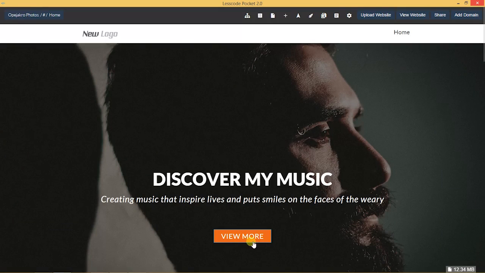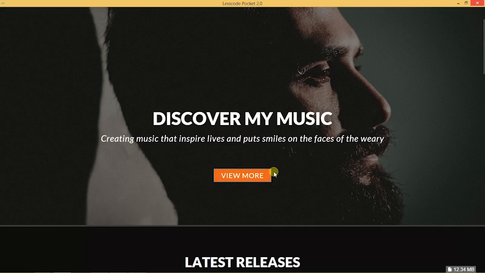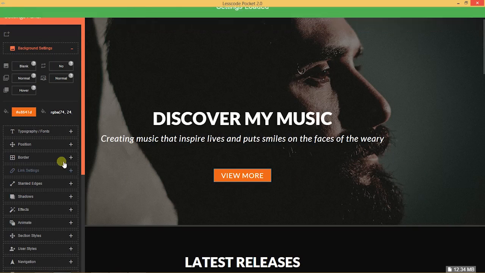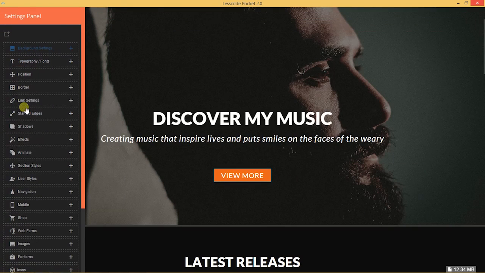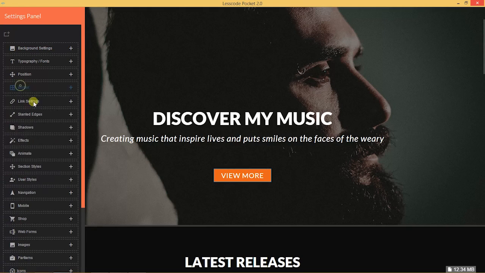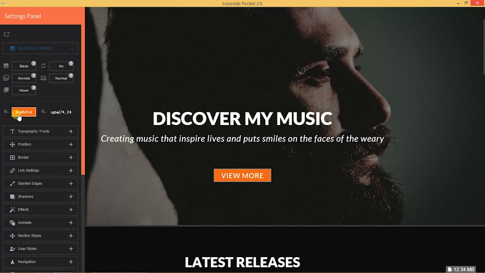Now this particular button has a border. As you can see, there's a blue line around it, so we don't want to see that. So in order to change that particular border color, we still select our button, load the settings, and then we go to our border options. As you can see, the color here is blue, and we don't want to guess the color that we used at first, so we just copy the same color code from the background